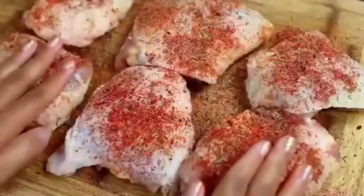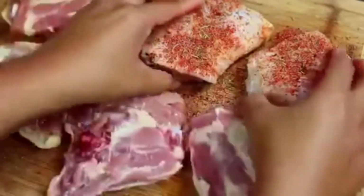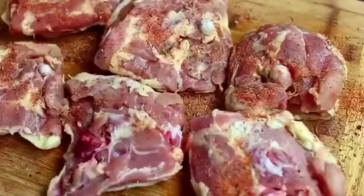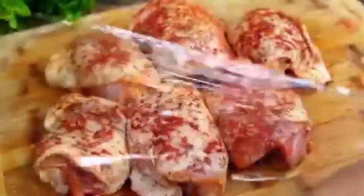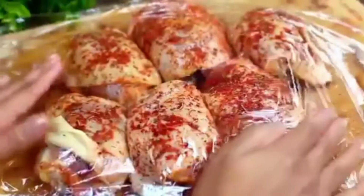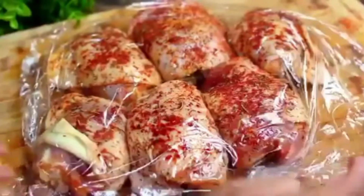Rub the spices on the chicken and we're going to turn it over and do the same thing on the other side of the chicken. Next, cover the chicken and let them marinate for at least 1 hour to absorb all of those